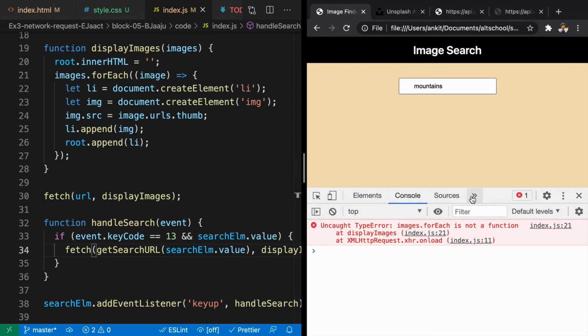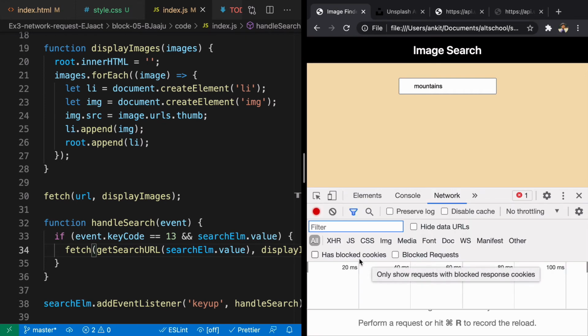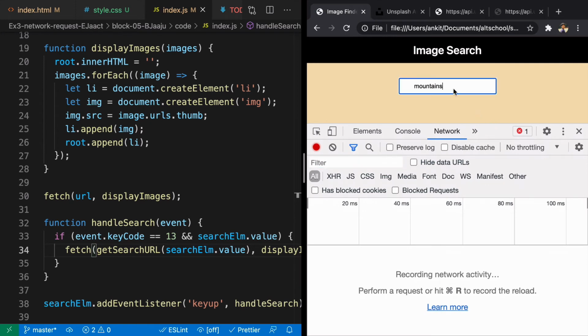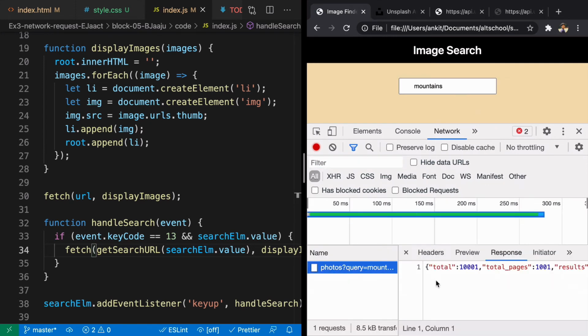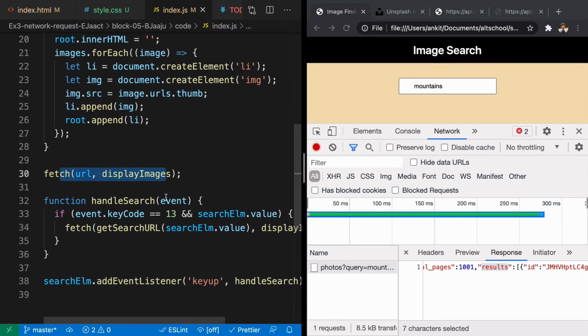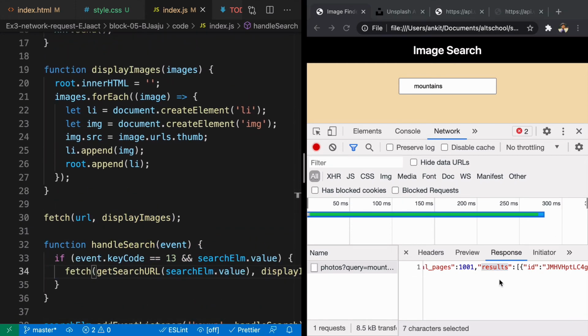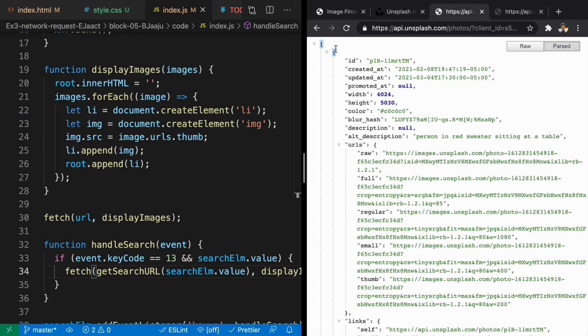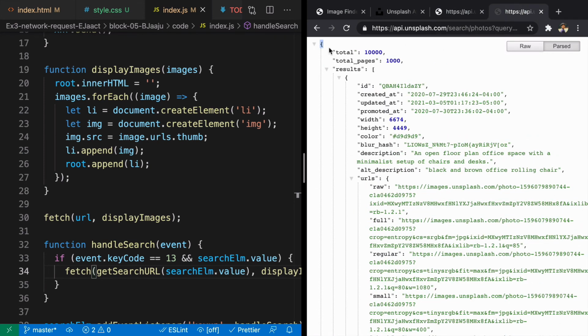So what is fetch returning from here? Let's look at network and take a look at the network request that it is making. So we'll press enter again, and here you can see it is 200. When you look at response, you can see it has total pages, and it has a result. And we are not sending that result here. So that is the difference between fetching data initially and fetching data here. In the first case, we are getting data directly as an array, but in the second case, we are getting data as an object. Inside that, we have a key results, and that is what we need to display here. And that is the problem that is happening.